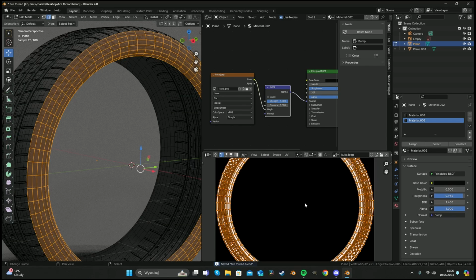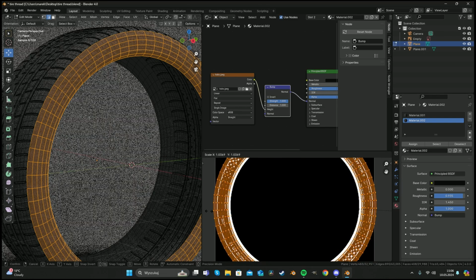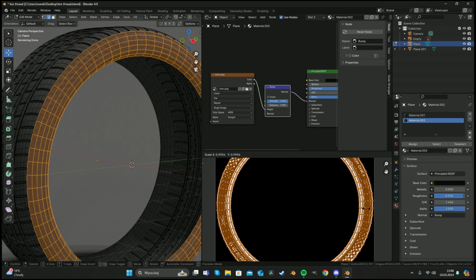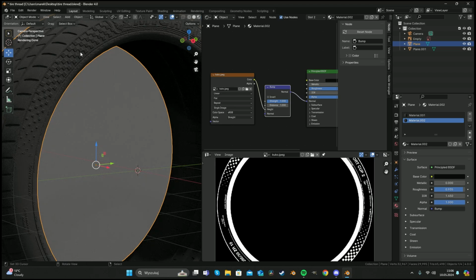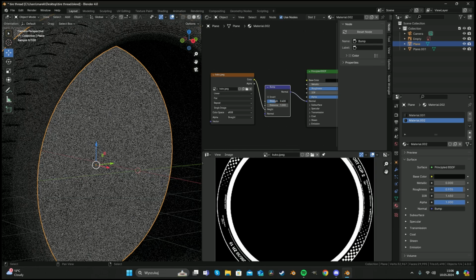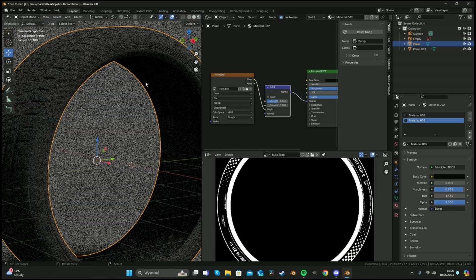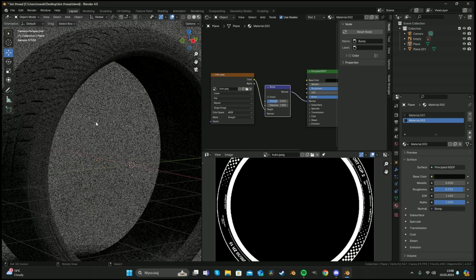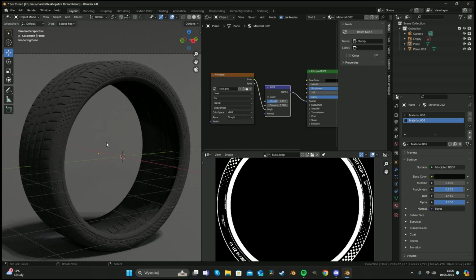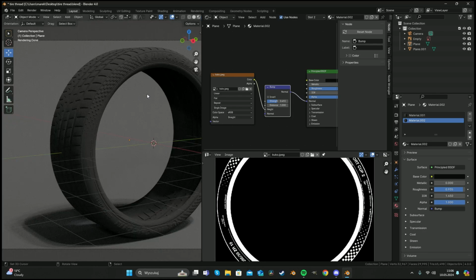Save it from time to time because Blender can crash at a moment that we don't want. So yeah, okay, it looks good, but it's too messy, so we decrease the strength to around 0.5, maybe even lower. Yeah, I think this is gonna work well. So already our tire looks more like a tire,